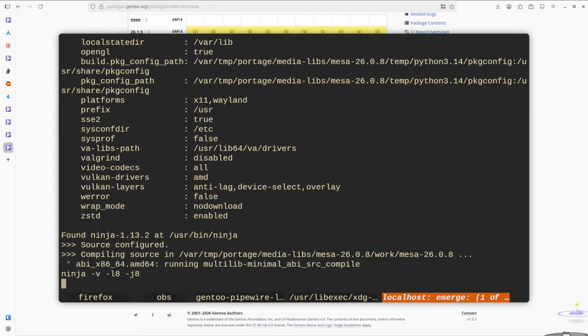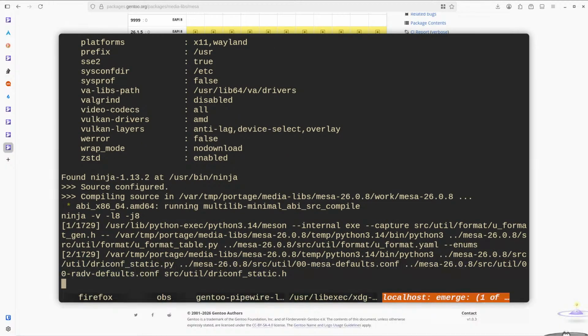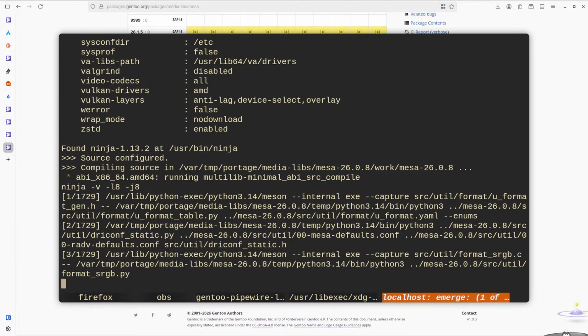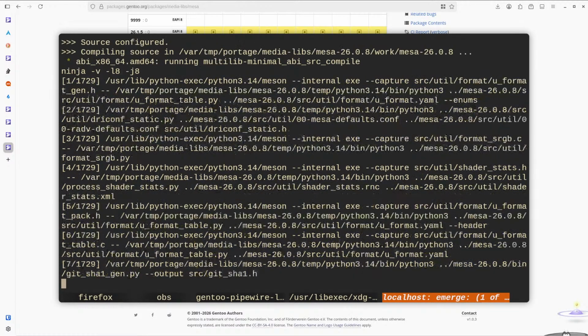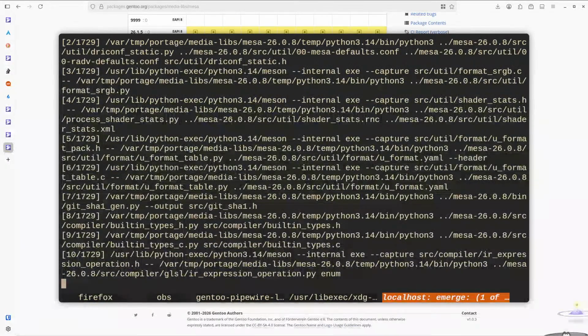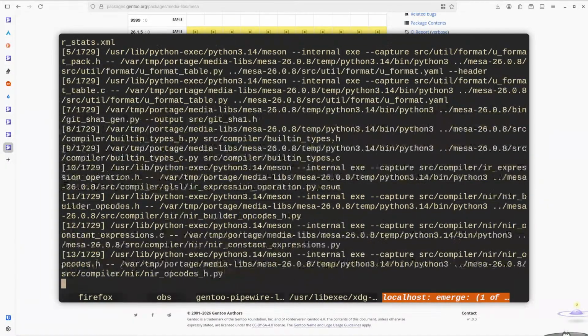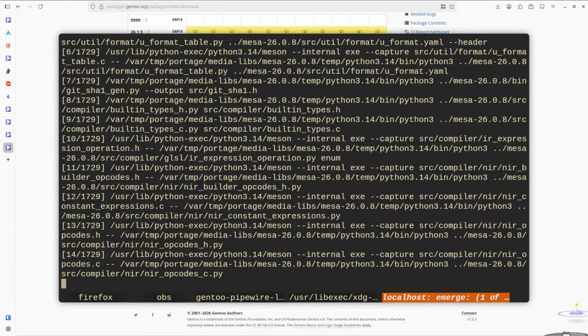So we're building Mesa. Oh, how long is that gonna take? Oof, 1729 objects. And it's pretty slow. I honestly don't know how long it's gonna take.